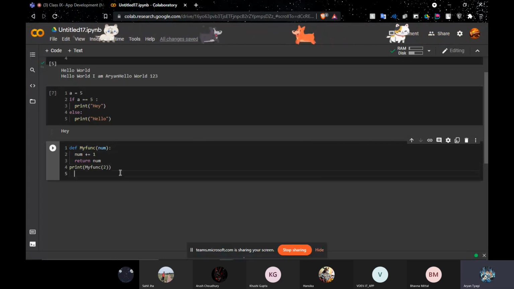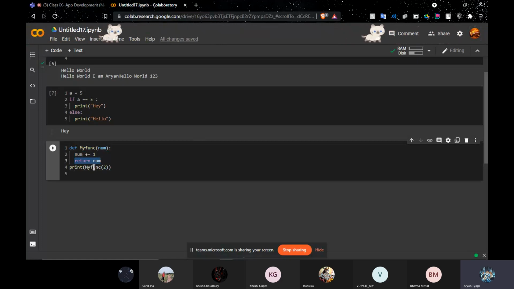So basically what the syntax will do is that first we define the function my function with the variable num, and it provides the next number after num, and then it returns it. The return command here is very important because it basically tells the function that this is the end for the function and it has to give you the value.